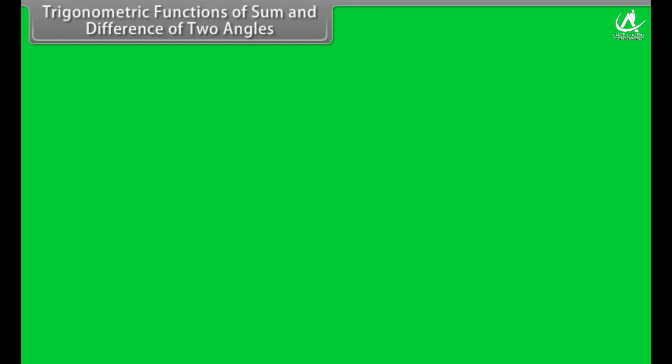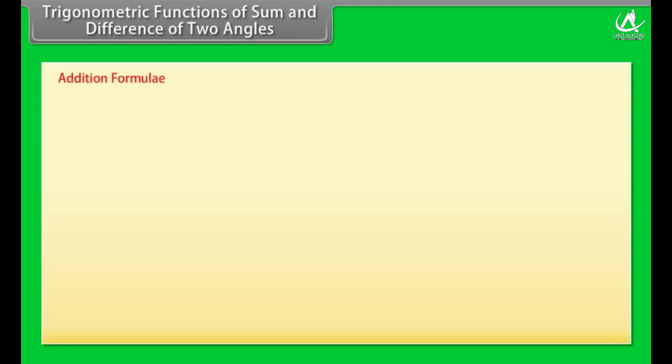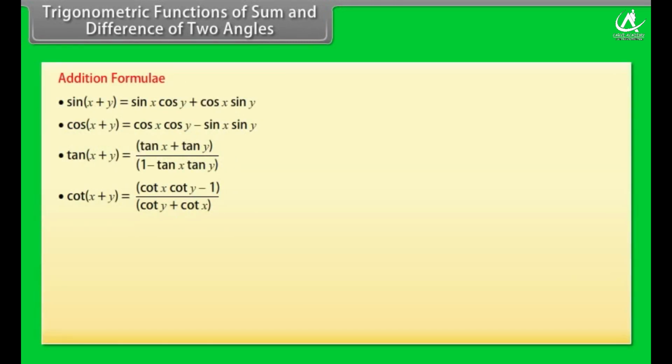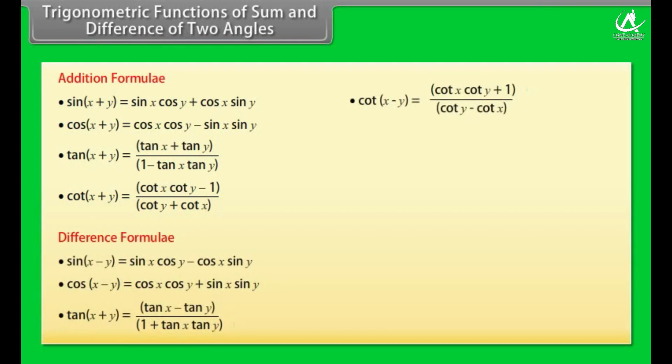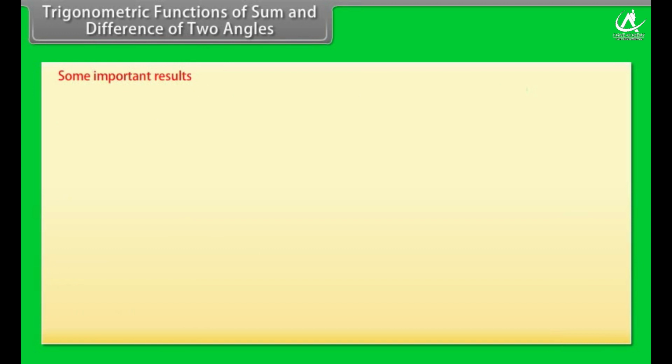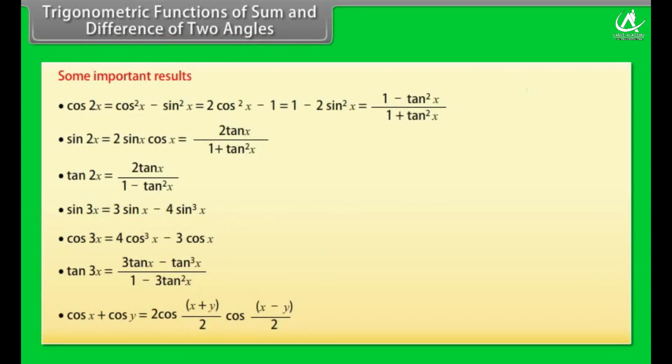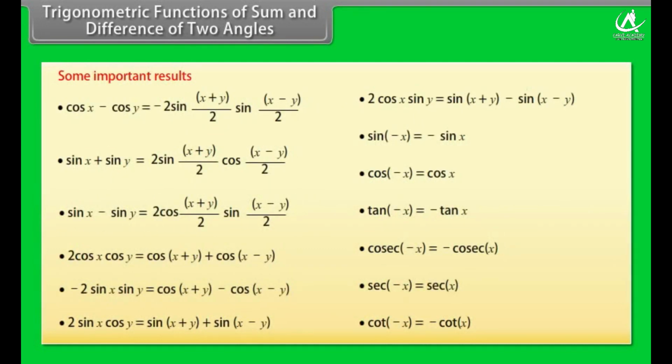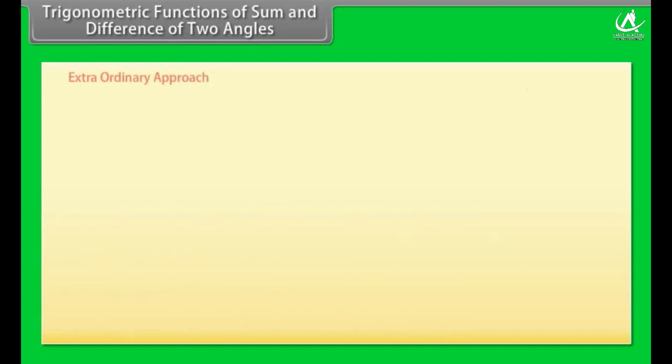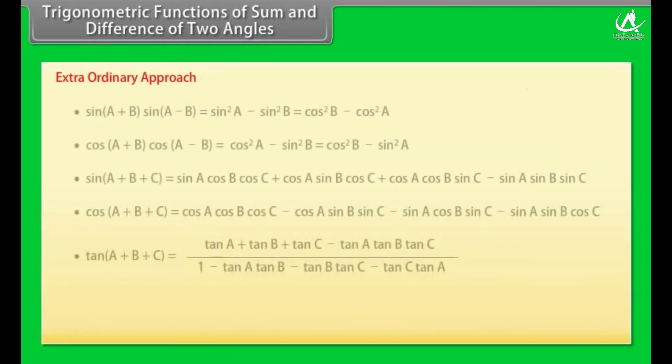Trigonometric functions of sum and difference of two angles. Addition formulas are: difference formulas are: some important results are: extraordinary approaches are: